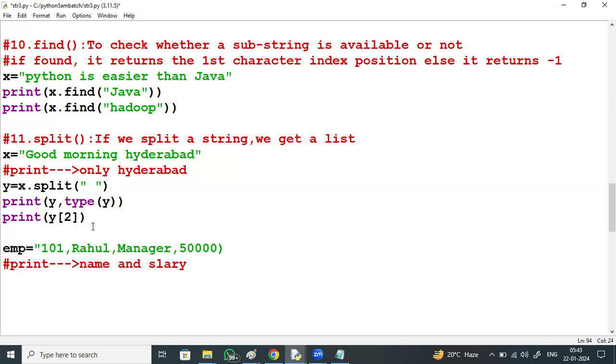Emp dot split, based on comma this time, because between the words a comma is there. If we split this entire line based on comma, you will get words. How many words do we get? 4 words.